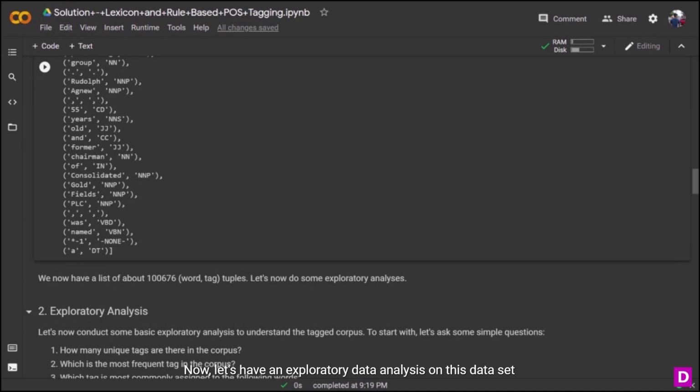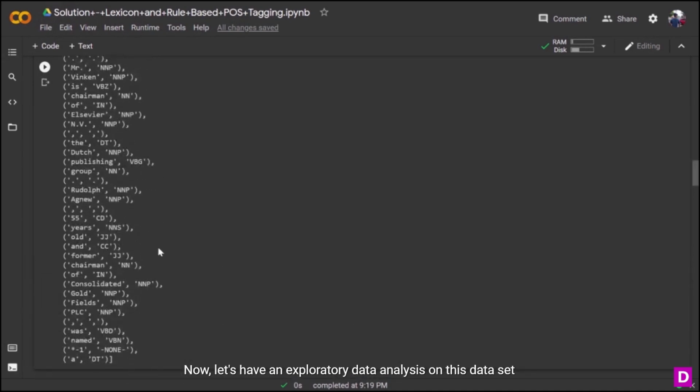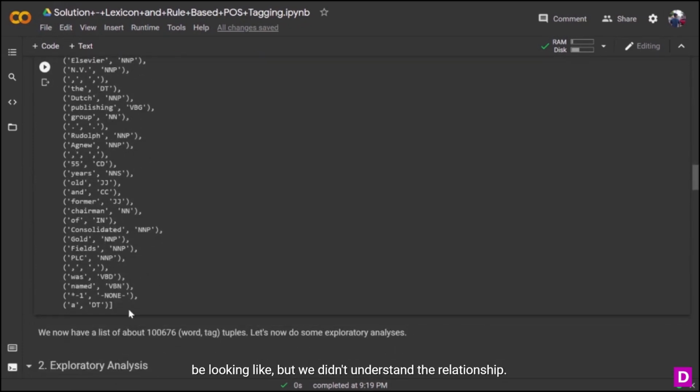Now let's do an exploratory data analysis on this data set. We have just overviewed how our data set looks, but we didn't understand the relationships or the hidden features. Like, what are these tags? Why is this word tagged with this POS tag? We have not yet understood what the data set is about. That's why we conduct exploratory data analysis in the very next step, to understand the different nuances of the data set and the various